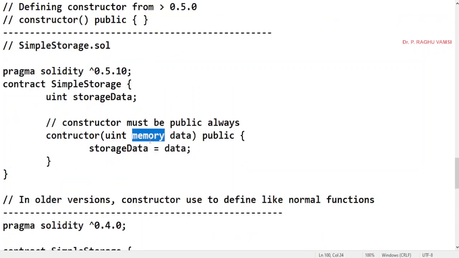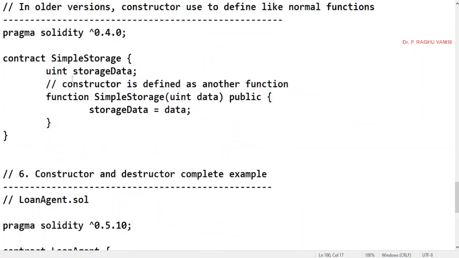It will not be treated as a normal function, it is treated as a constructor. And for creation of the contract also, some gas points will be spent. So by taking that into mind, they have modified it from 0.5.0 like this.